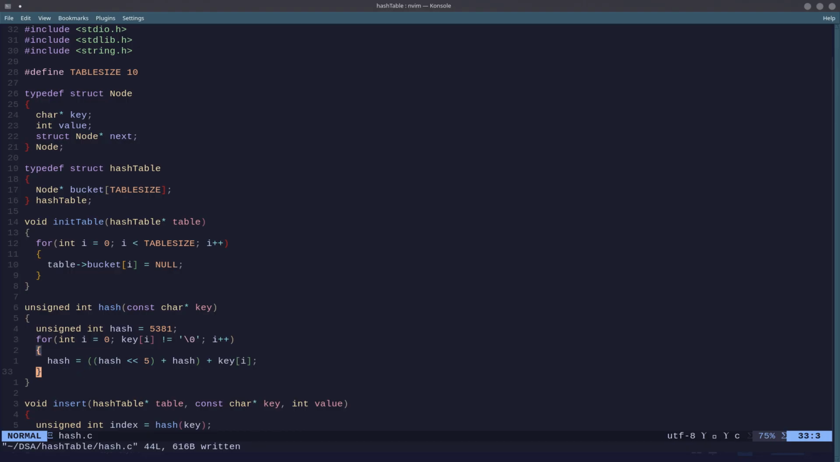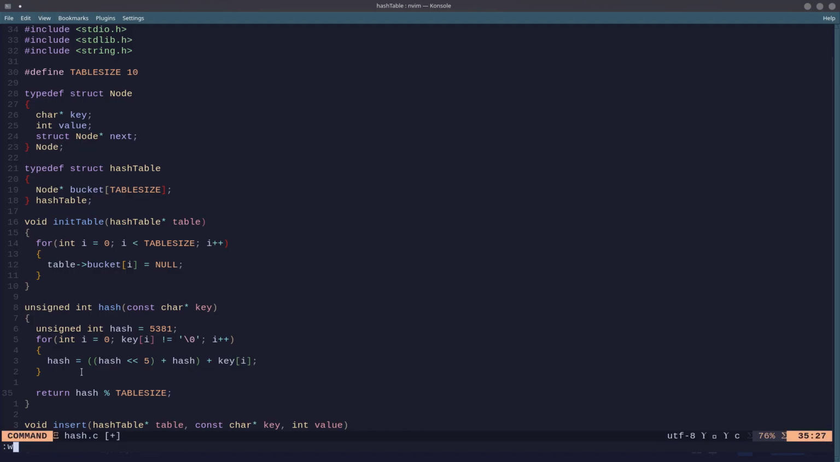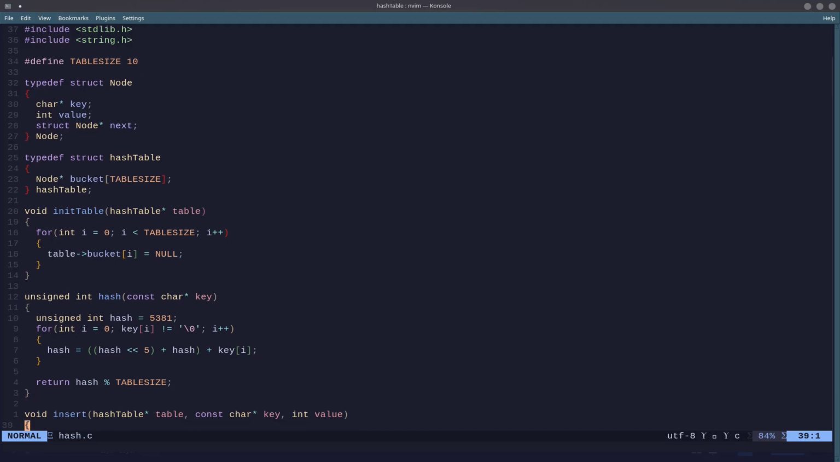And then obviously you'd like to normalize, so you'll just return the hash modulus table size, so it'll wrap into the table size. So no matter what value this hash ends up generating, it's going to wrap itself to your index, so it won't overflow outside of your table. Okay,